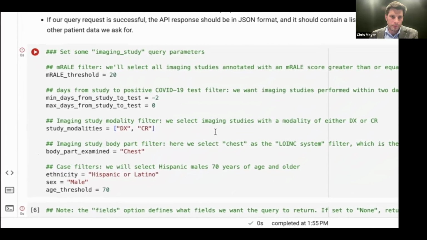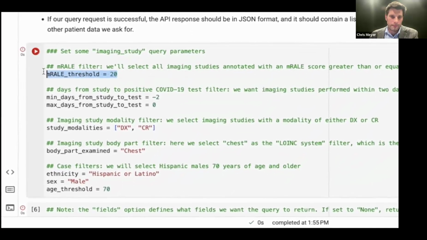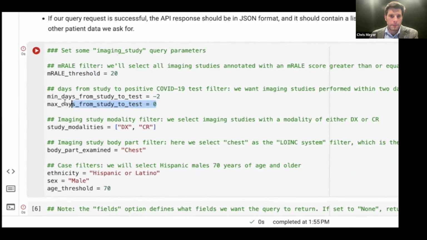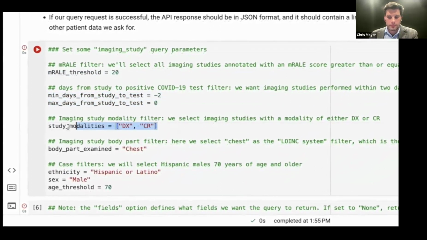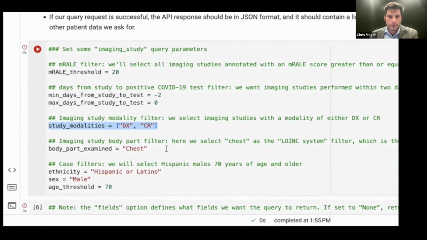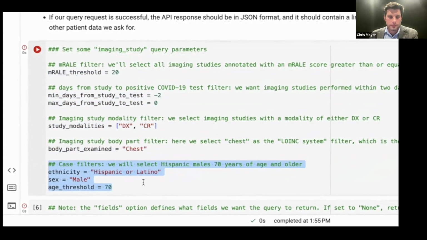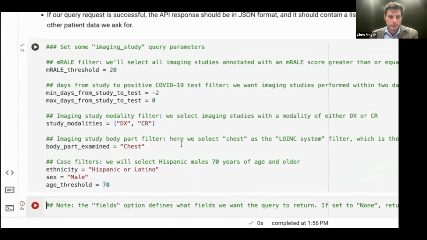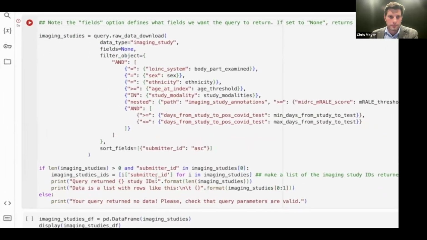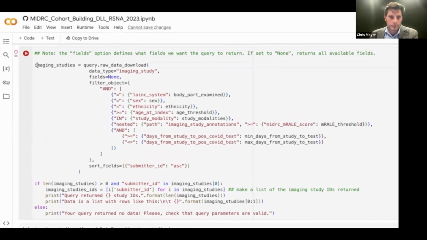In order to programmatically replicate the cohort we built in the Data Exploration app, we'll set an MRAIL score threshold of 20, minimum and maximum days from study to positive COVID test of -2 and 0 respectively, study modalities of CR and DX, body part examined as chest, and the patient demographic properties we selected earlier, Hispanic or Latino males aged 70 or greater. We then use these parameters to send a request to MIDRC's query API using the Gen3